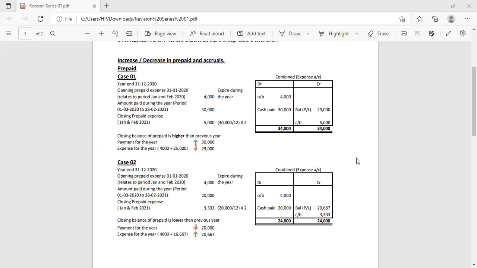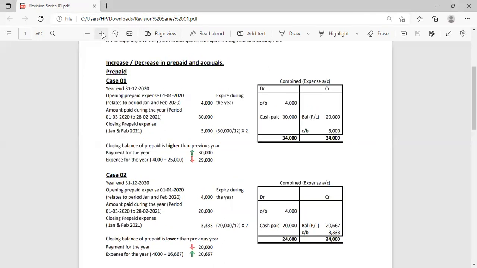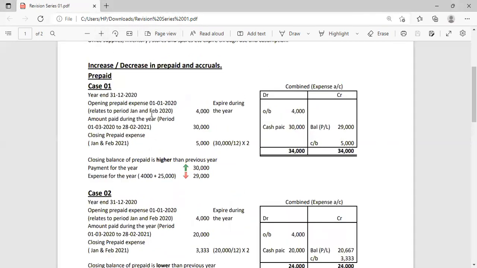I have prepared notes in a very short and concise form. I have made different small examples for you to understand. As you can see in this picture, let me zoom in a little bit so that you can see it very clearly. Here you can see that the first case is related to prepaid, and the example is you have the